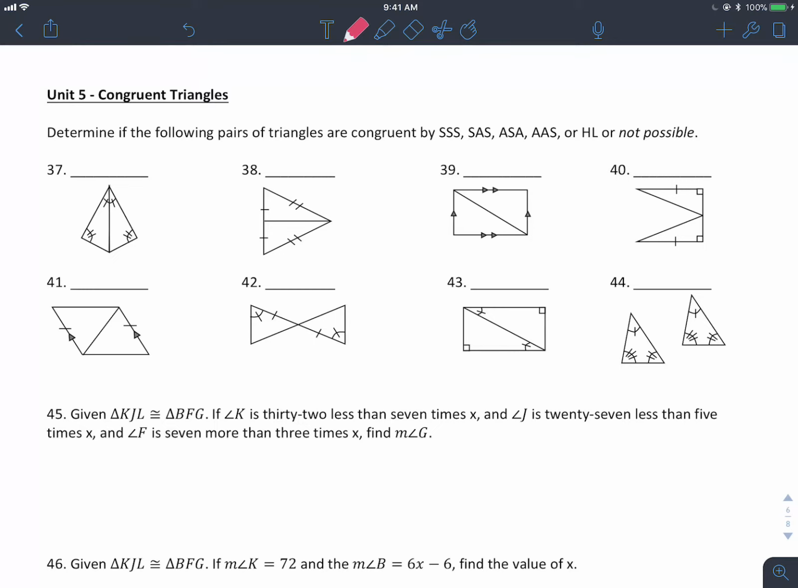All right, you guys, I'm going to do Unit 5 and Unit 6 together in one video. So we are going to start with determining whether these triangles are congruent by side, side, side, side, angle, side, angle, angle, angle, side, or HL, or not possible. Always an option for not possible. So if we look at number 37,